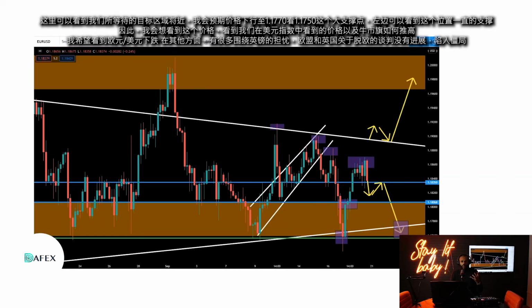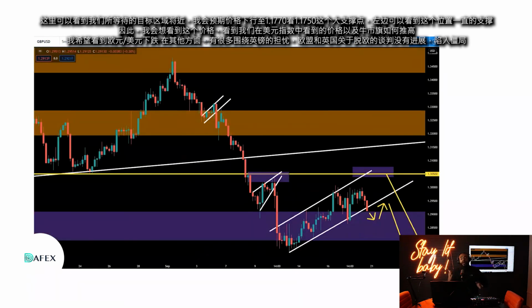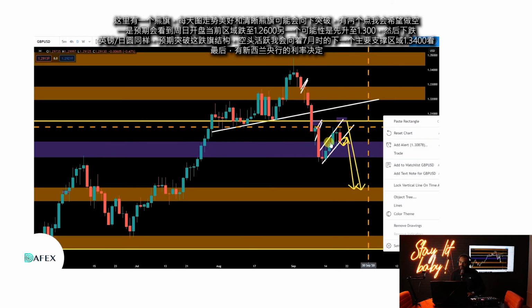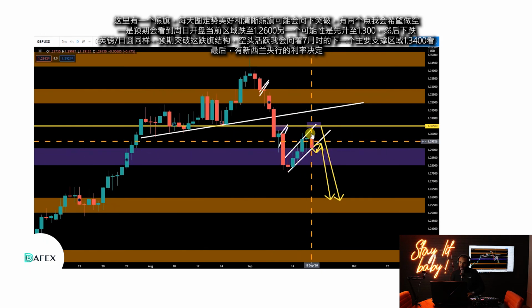Elsewhere, there's still a lot of worries around GBP with the EU and Britain. Talks on the Brexit are not really going anywhere. Bit of a stalemate. We've got a bear flag here. You can see this nice and clearly on the daily. Bearish flag structure subject to a breakout to the downside. I've got two